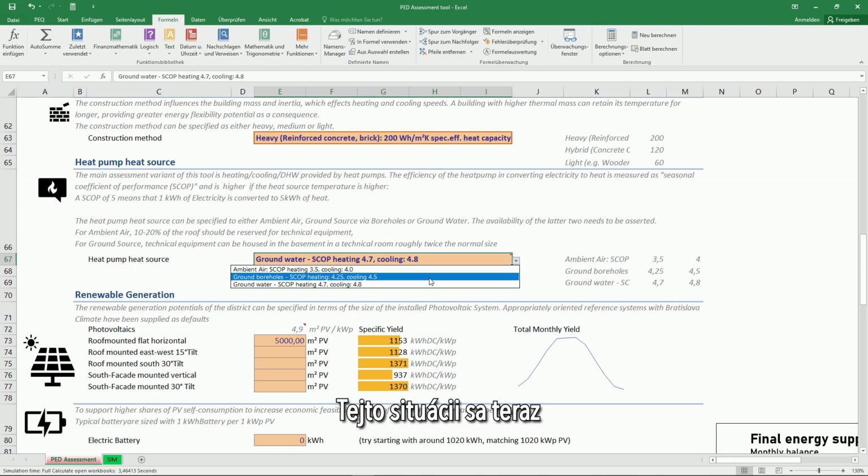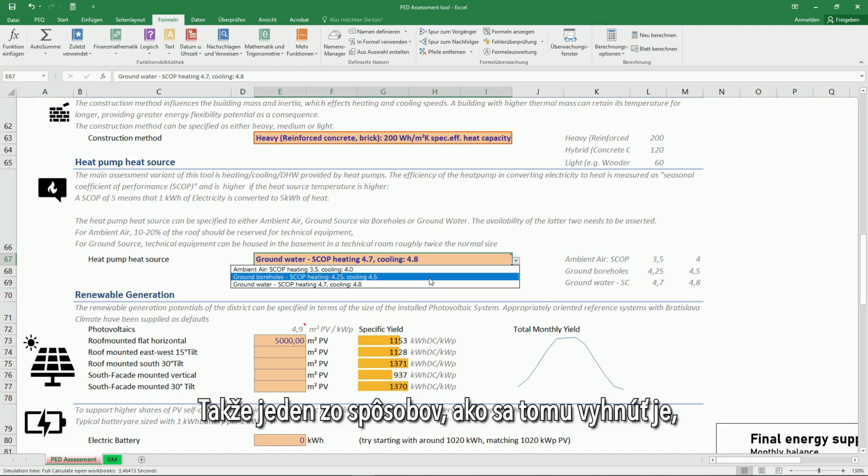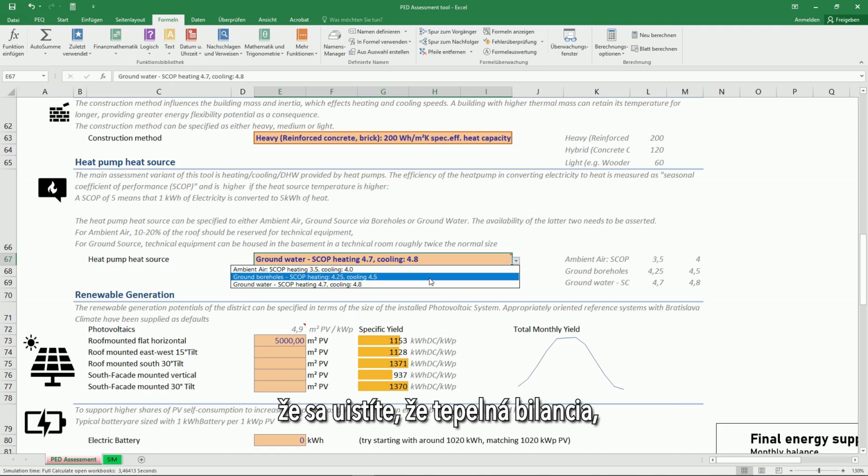Now, this is a situation that practitioners are very keen to avoid, because it is very costly to then defreeze this system by adding freezing agents into the liquid cycle. So one way to avoid this is to make sure that the heat that is extracted from the ground is actually in balance. What does that mean? That means that the energy and the heat that you are extracting from the ground in winter, you should also supply in summer